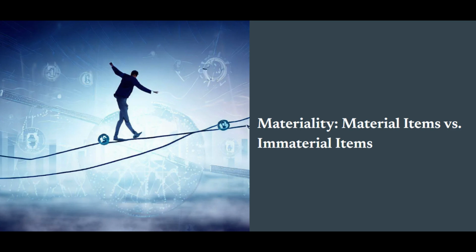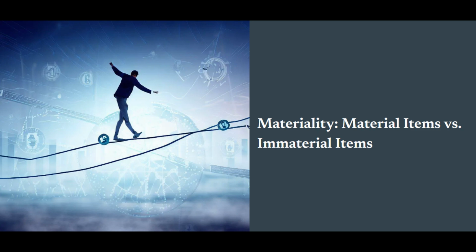The materiality principle also interacts closely with other accounting principles, like conservatism and full disclosure. The conservatism principle suggests that accountants should err on the side of caution when making estimates, while full disclosure emphasizes that all relevant information should be presented in financial statements. Materiality acts as a bridge between these principles, guiding accountants on when to disclose information and how to present it accurately. Now, let's talk about the role of auditors in this whole process.